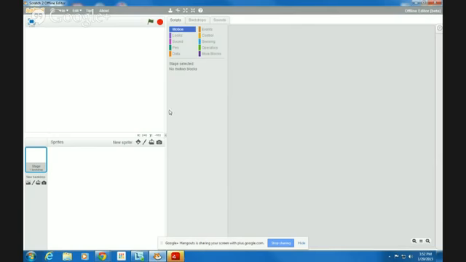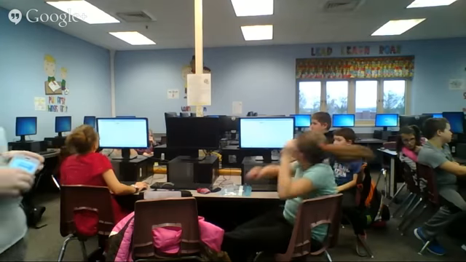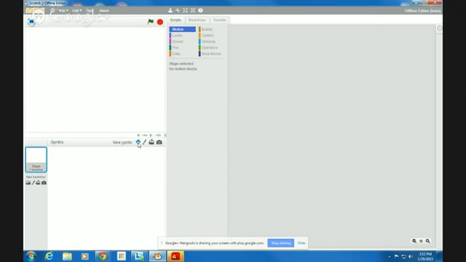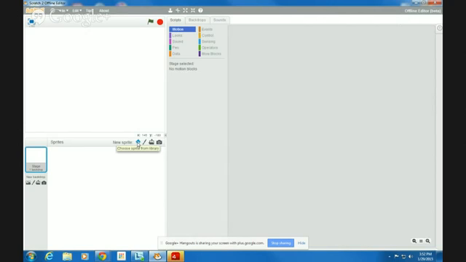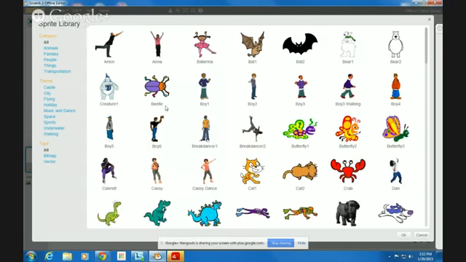So now what you're going to want to do is go under the preview box right here, and it should say new sprite. Click the picture of the little character that's right next to the word, and it should pop up a giant thing of characters that you can pick from.